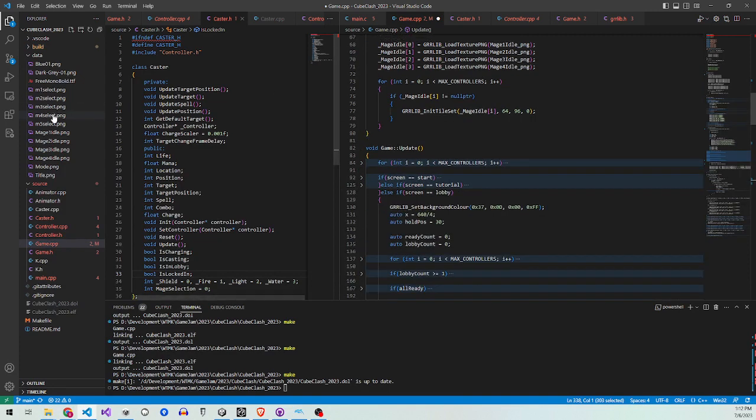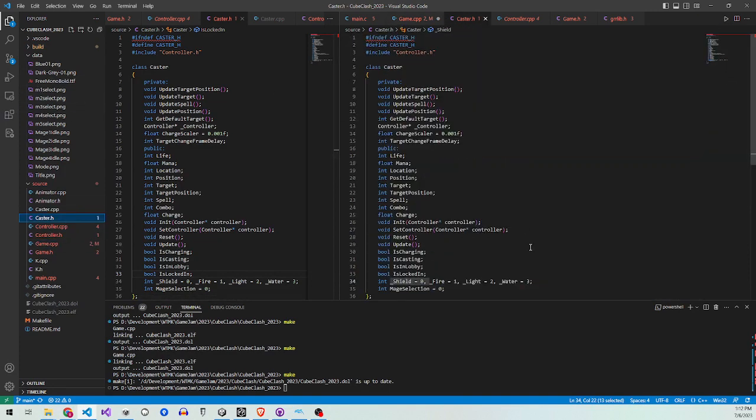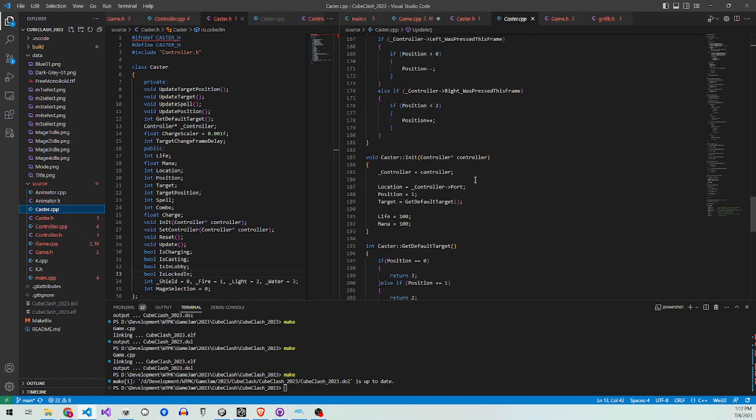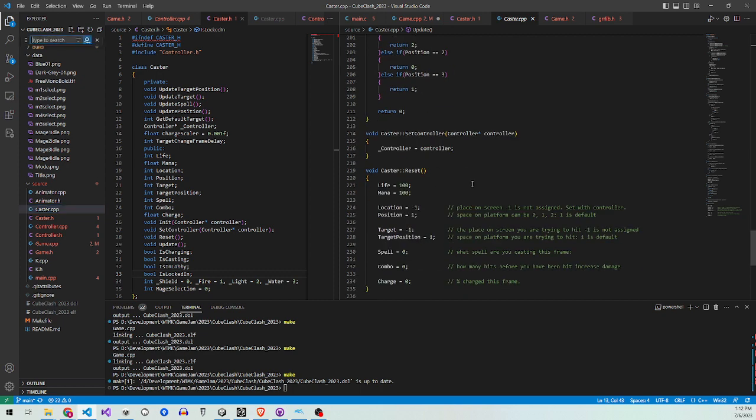The other big piece of code we have is the caster class. This one is basically the interface between the input and what is happening. So when you move your character, the caster class will check